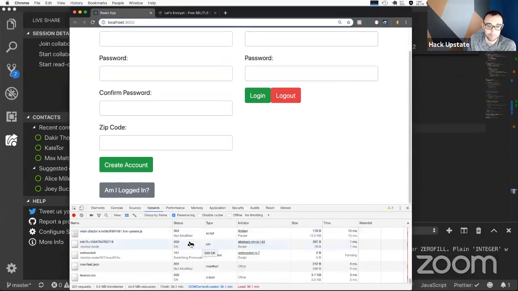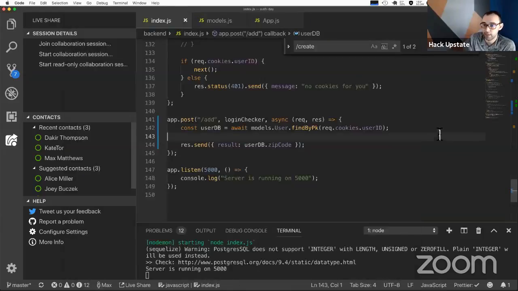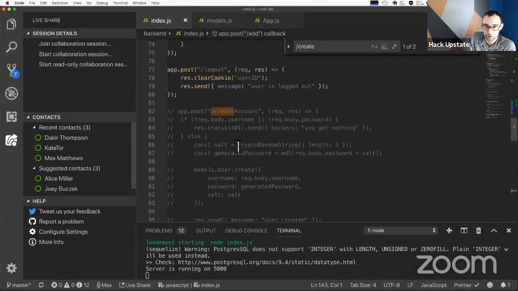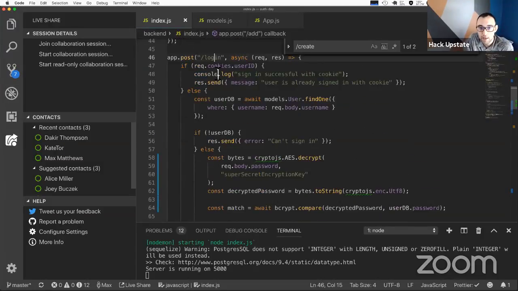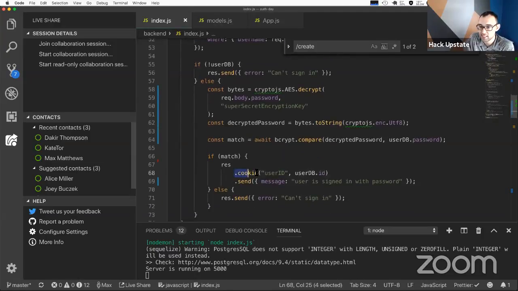Again, this is going to be a miracle if it works the first time. I'm going to hit "am I logged in," and sure enough, our zip code shows up. So in theory, when we log in the user here, and we create the cookie that we send back,